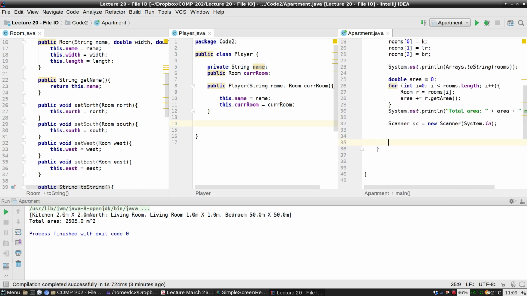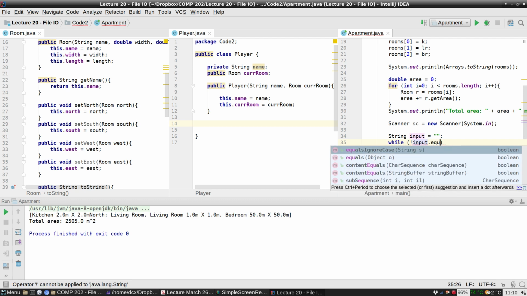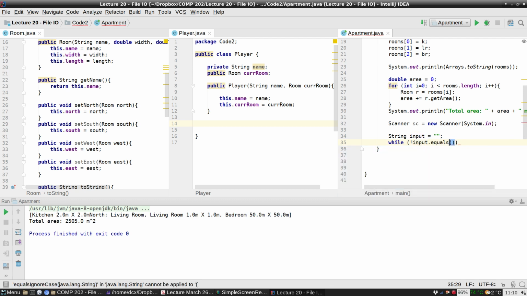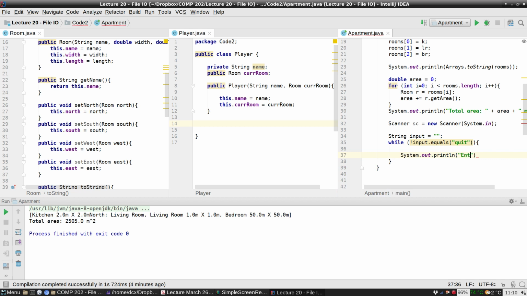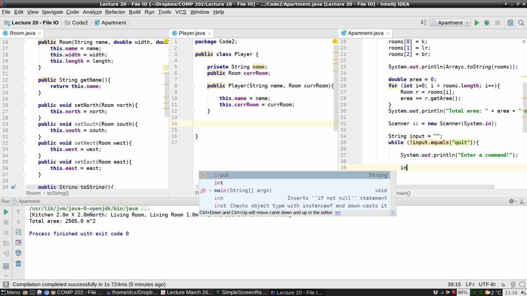So we'll have a scanner, and then we'll do a while loop. We'll have some input. We'll just have some empty input. And then while our input is not equal to quit, it's a string type, so let's do the proper comparison. Make it simple. So we're going to repeatedly get some input from the user, and while the input is not equal to quit, we're going to do something. So we're going to print out, enter a command,